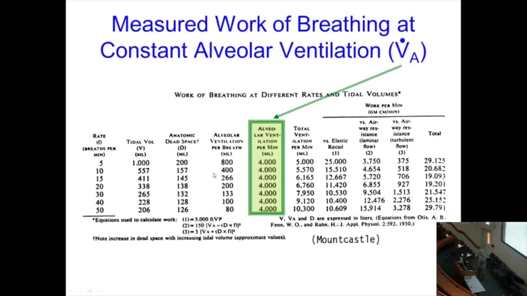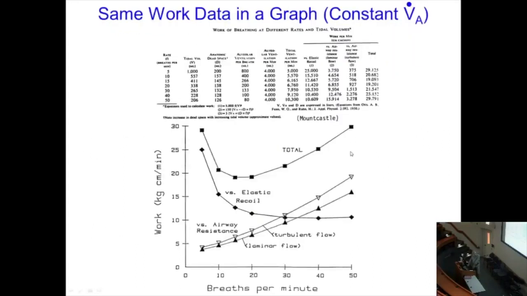But when we do these calculations, for example on the exam, just assume dead space is constant. This is a relatively minor point, and there's less than a 2-fold difference in the whole range. Okay, so it's hard to look at columns of numbers, so I've plotted the last 4 columns on a graph,